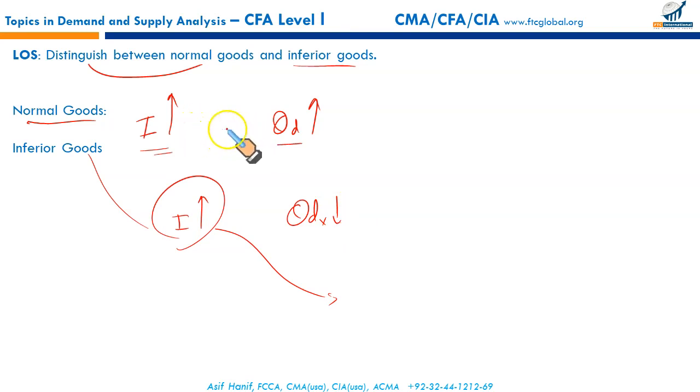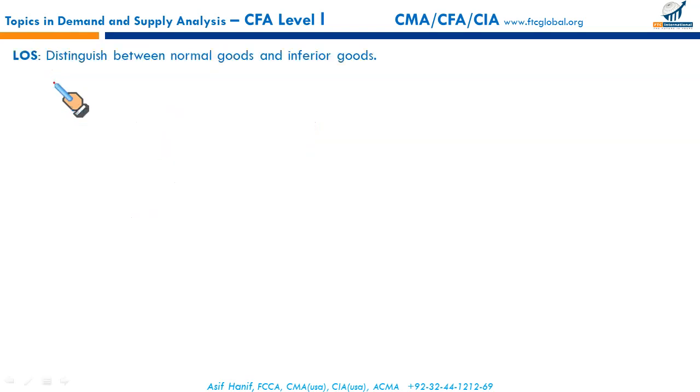Your income determines how much you will consume. If your income goes up, you start purchasing more of your normal goods, but when the income increases, you start buying less of another good. That other good which you are just avoiding, they are called inferior goods. That's the distinction, and you have distinguished it nicely. So you just focus on the learning outcome statement. As long as you are able to fulfill the LOS requirement, you're good to go. Okay, next,